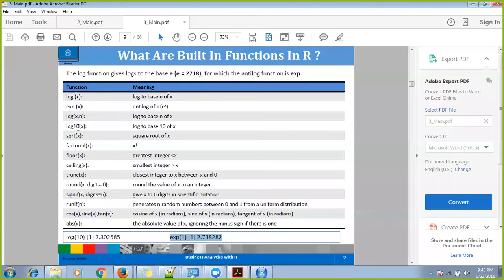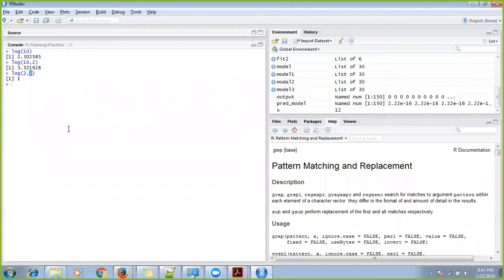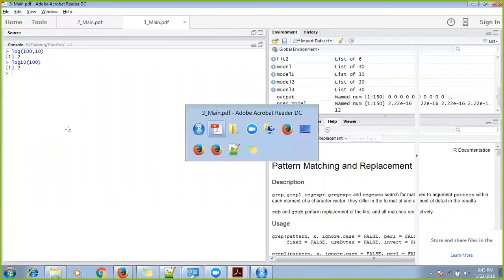Now there is one more exclusive function. If you want to do a log base 10, you can directly write log10 of x. Let's say log of 100 base 10 is 2. It's like 10 to the power 2 is 100. That's it. But instead of that, there is this exclusive function for log10. Just write log10 of 100. It will also give the same answer, 2. Okay, that is what we're talking about.